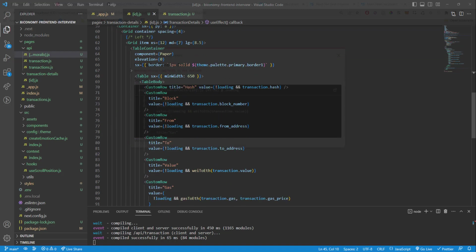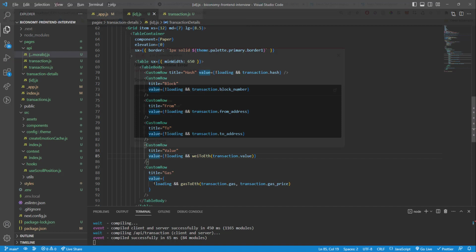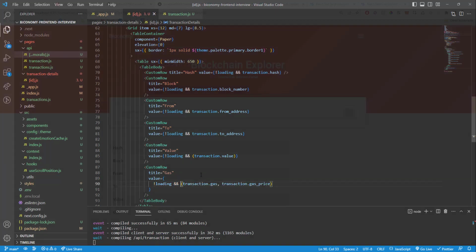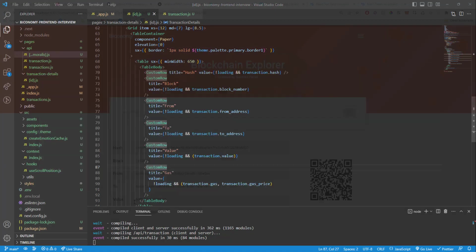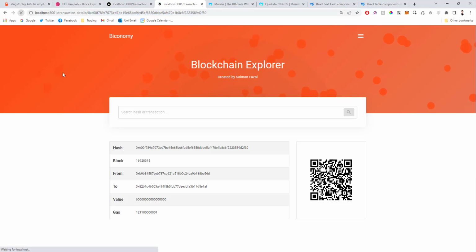Okay, so I see what's wrong now. Okay, so let's do that here. Oops. Save it, and there we go. So now we're actually fetching it from the blockchain. If we refresh,